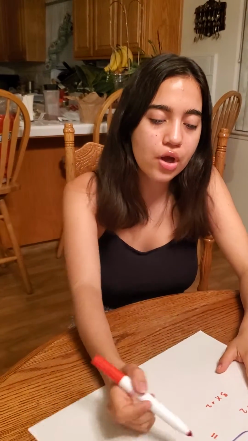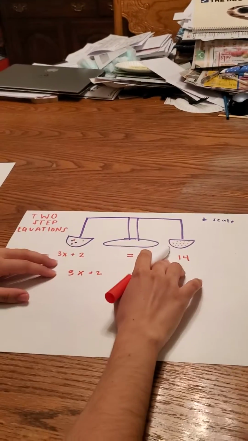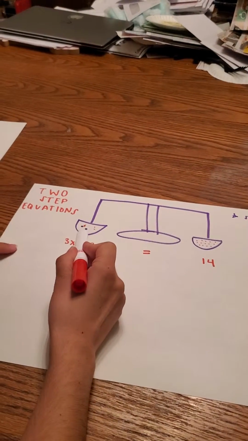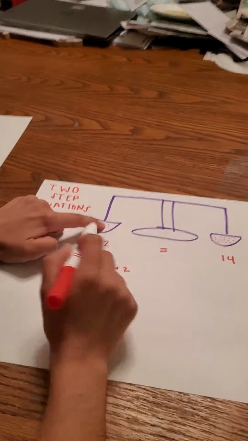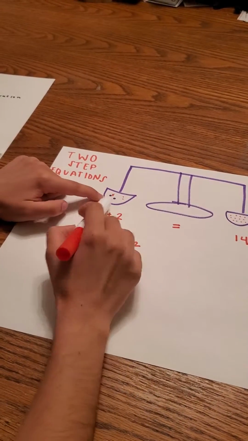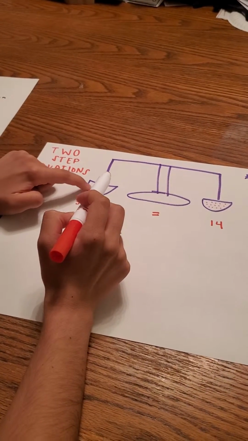On this drawing over here, I have a scale. On the right side, I have 14 red dots, and right under it, I wrote 14. On the left pot, we have 2 red dots, so I put +2. And over here on the left side of this pot, I have 3 purple circles,